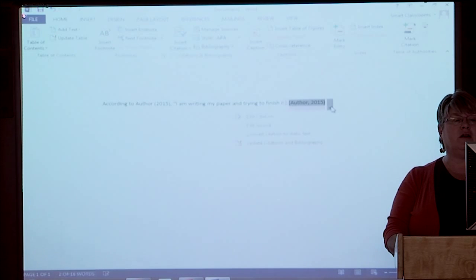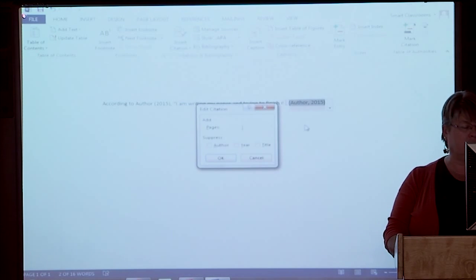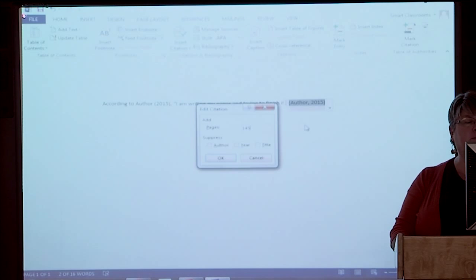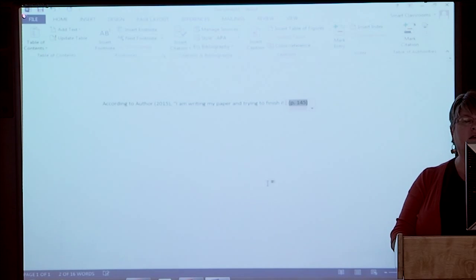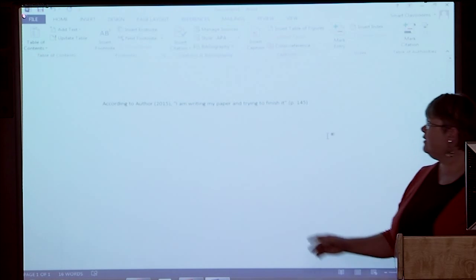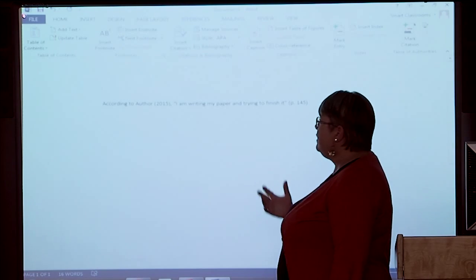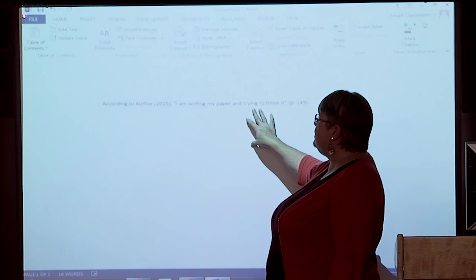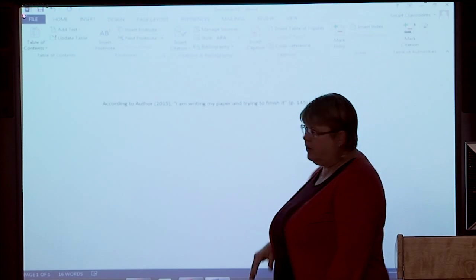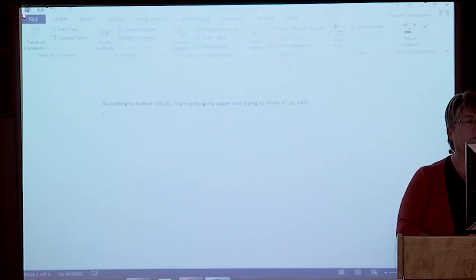And then I could go here, edit citation, put in the page number, suppress everything else, click OK, and you see what that did? It put in the page number. So it's used it, it's told me that it's used it.